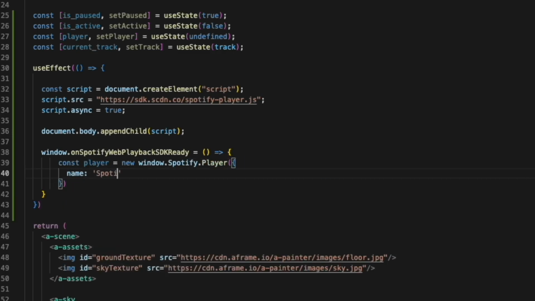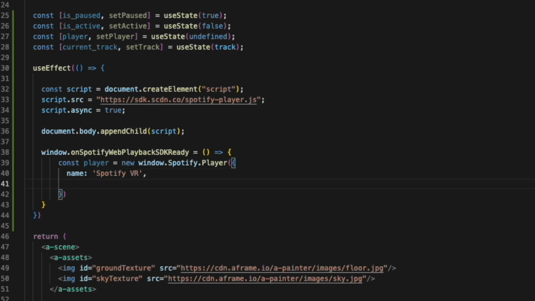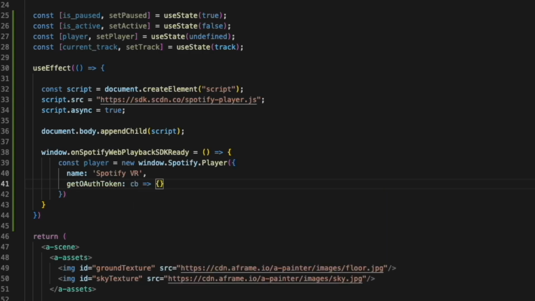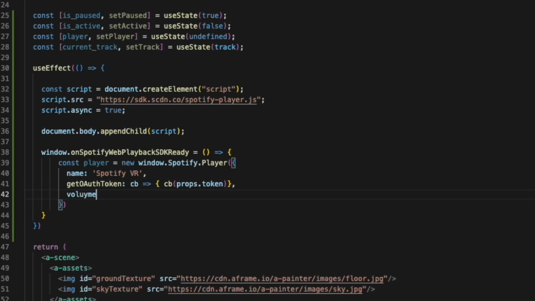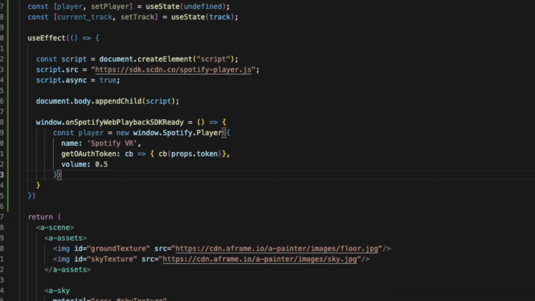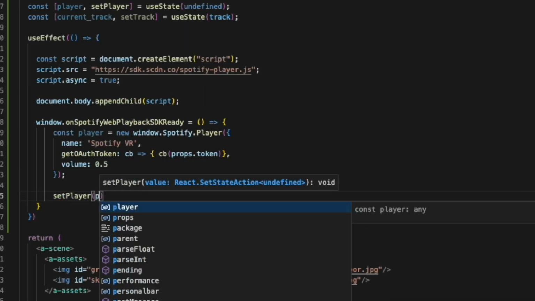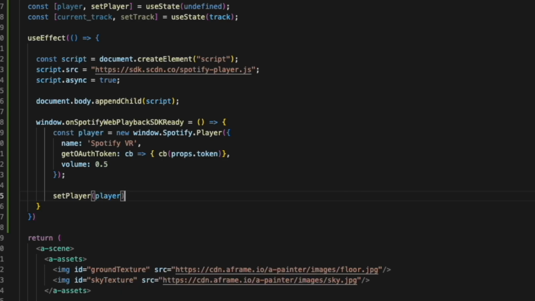We'll call it Spotify VR. getOAuthToken will be the token that's passed into this component through props, and then we'll set the volume to 0.5. Then we'll set our constant player to the player we just created using the setPlayer function, and then we'll